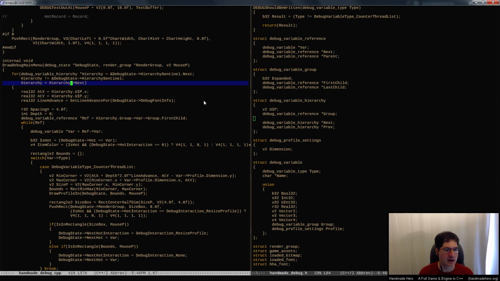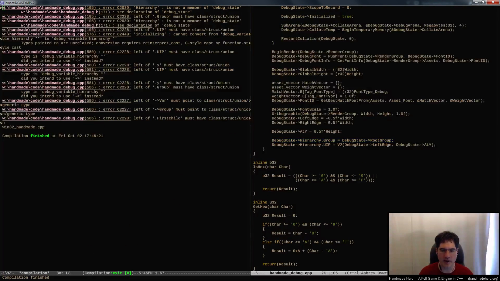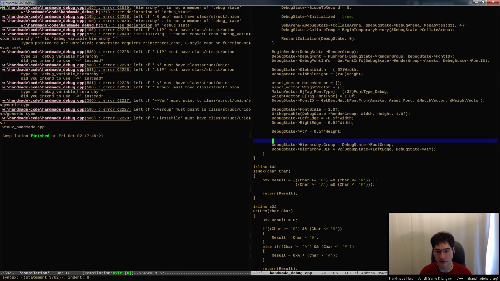All right. So here's that list iteration that I want to have happen. All I have to do if I want that list iteration to happen is actually just go implement it. So now our hierarchy is going to become the hierarchy sentinel, like this. And when I recompile, everything will break, and then I can fix it. So when I go ahead and add the add hierarchy function here,